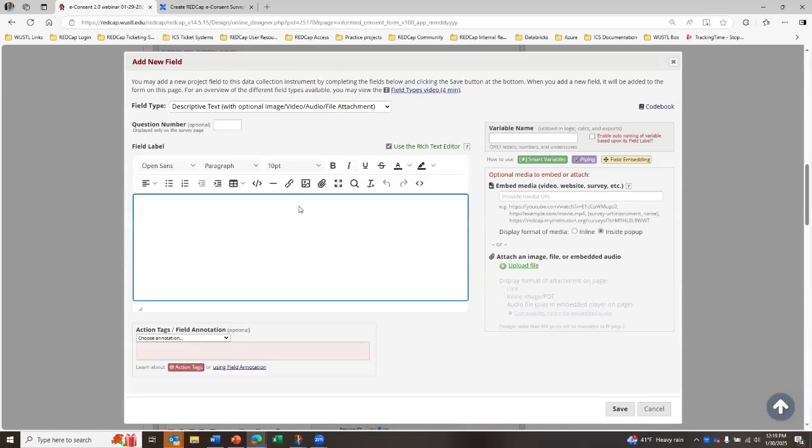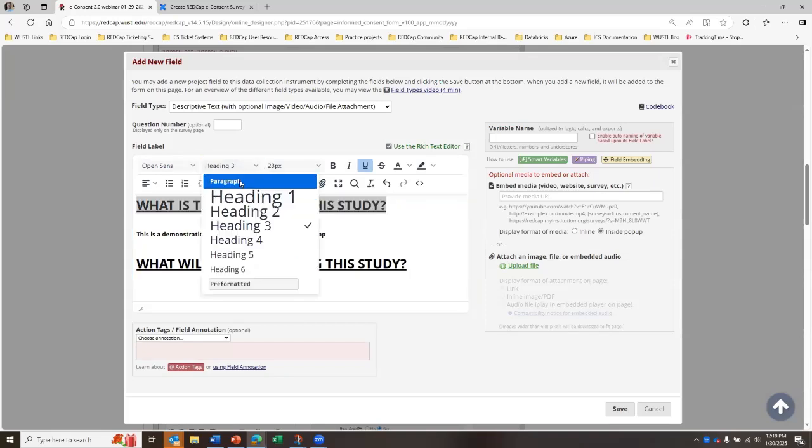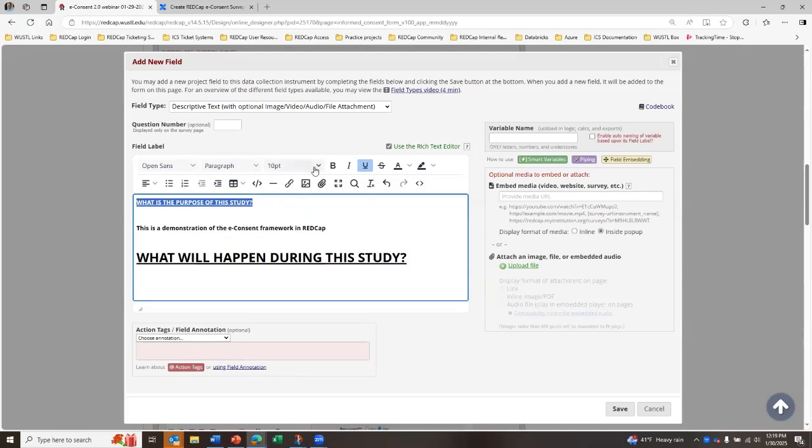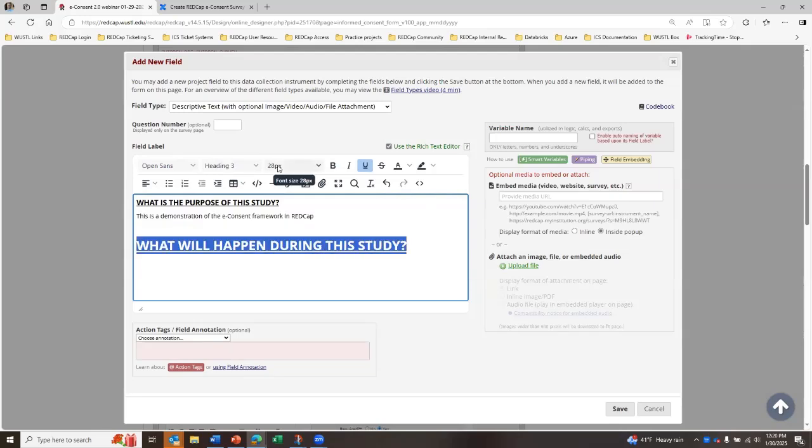And sometimes these headings paste really big. We don't need the heading 3 up here. I'm just going to change that to paragraph. And if I want it to be a little bigger, I can change that. And then here, this is a very tedious thing. I'm sure it's not the most fun to watch on a presentation, but just so you have this